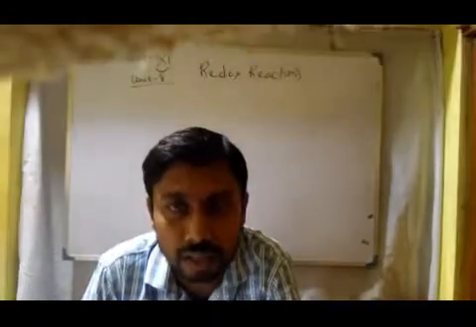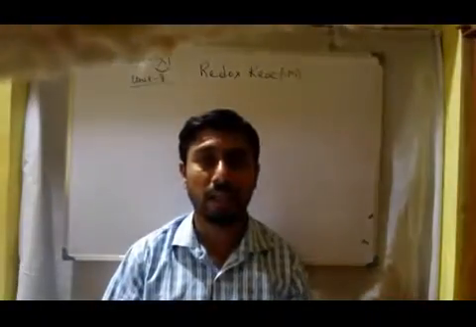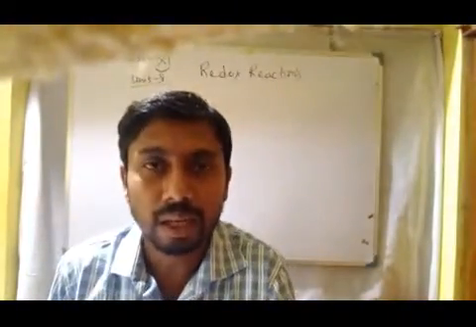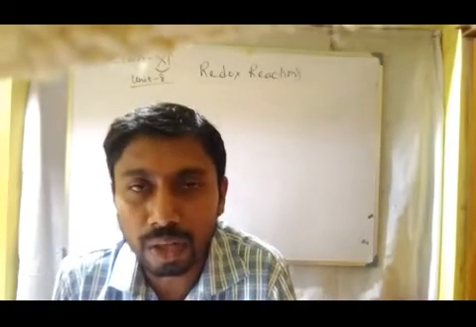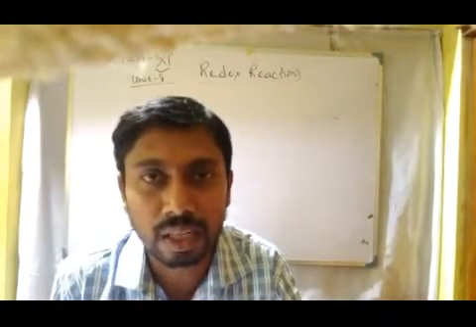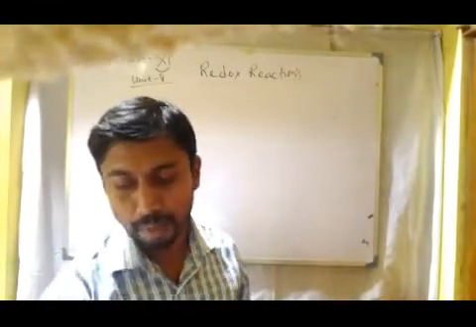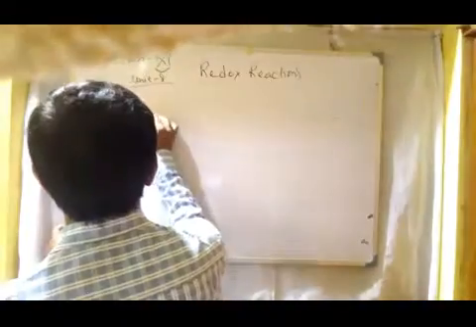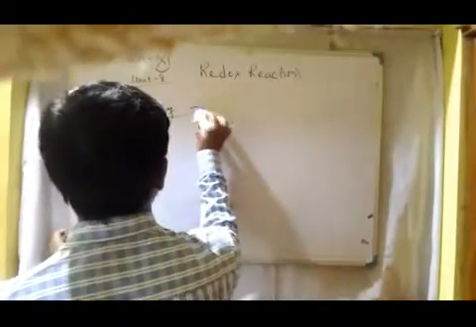Today I will discuss the next part of the chapter, that is redox reaction. The last day I discussed the general definition of oxidation and reduction. Now today I will discuss what is oxidation state. Now you have the preliminary concept of what is valency. The modern form of valency in the case of redox reaction is called the oxidation state.